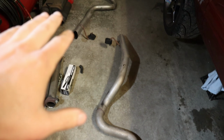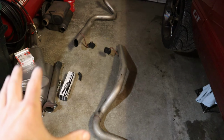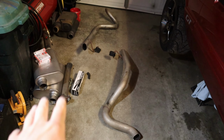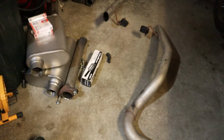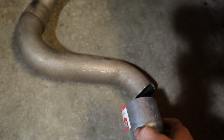The old tailpipes from the Flowmaster stuff and putting the Dynomax mufflers on there. So that's what we're going to start mocking up, and I'm going to show you the process of me trying to figure out how to mock something up and weld it. So what I have to do is use these tailpipe adapters and stick them on here